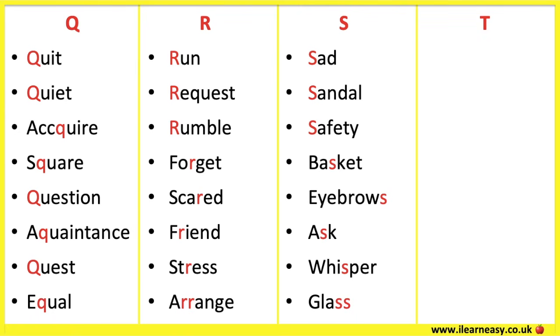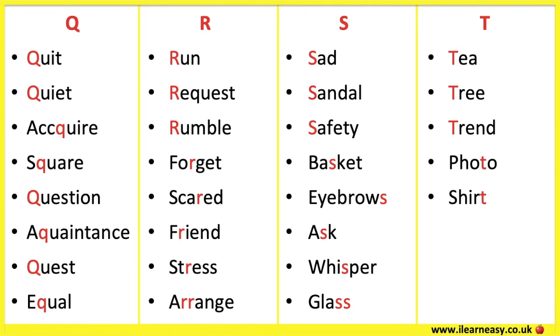For example, tea, tree, trend, photo, shirt, toilet, bracelet, attend. The double letters make a one-letter sound. Attend. The letter U can make a short A sound. For example, sun,